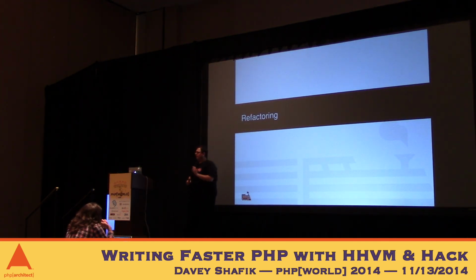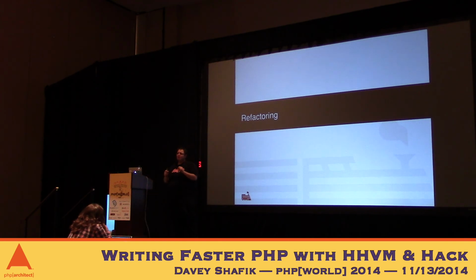Refactoring. This is an incomplete tool, but it is there. It's part of the HH client, and basically it allows you to rename classes, functions, or methods, but it doesn't support namespaces. So it's of limited use right now, but they'll fix that. It's there. The benefit of it is, through the use of static analysis, you can be pretty damn confident that the refactoring worked correctly. Not 100%, you should always check, but, and this is what this looks like.